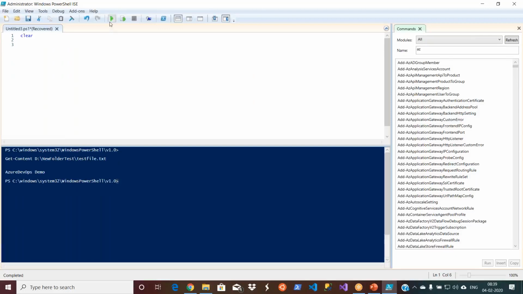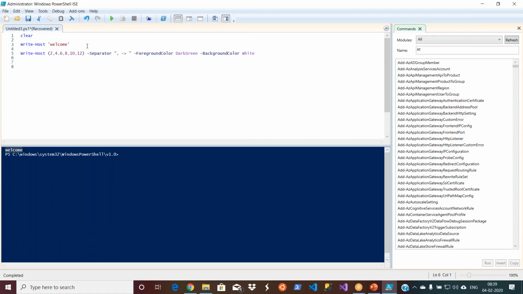So the simple Write-Host is, let us say, clear it. Then I say Write-Host. That means you are writing it to the console. You can see it here. We will be using Write-Host when you are writing some script, right? Even your script may fail. That time you want to write that content to some database or some text file. In such kind of things, it is helpful. And you can also format your content as well.